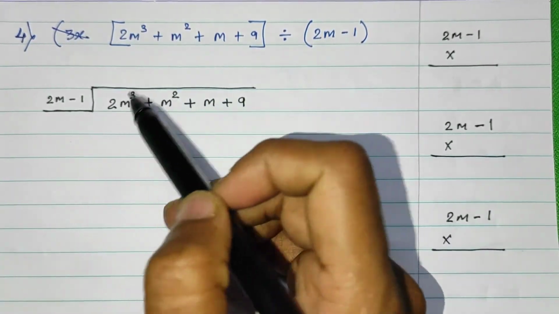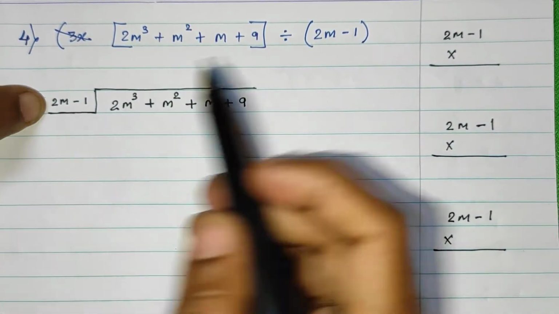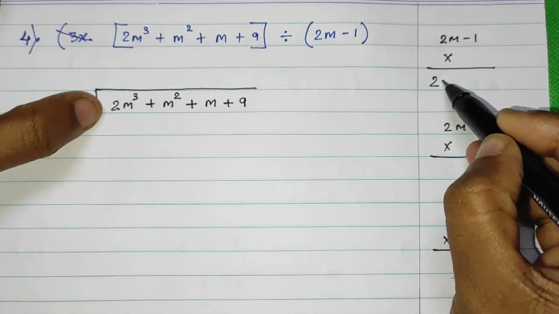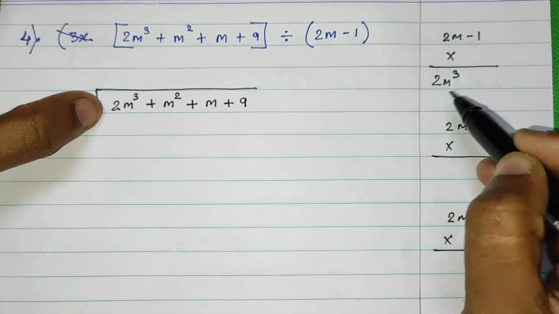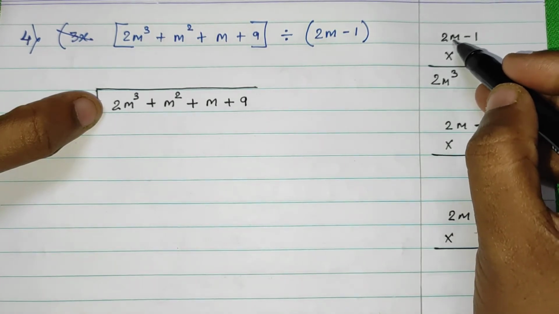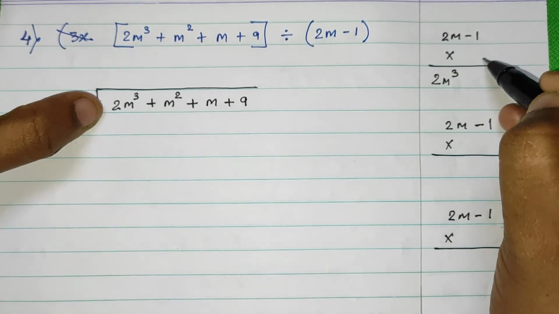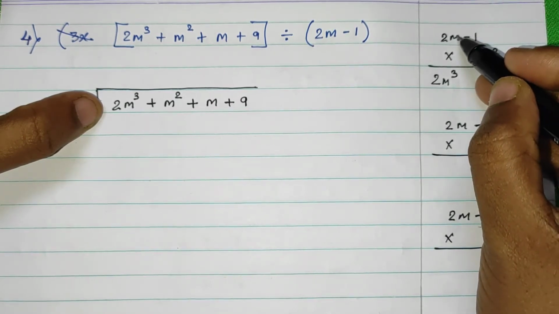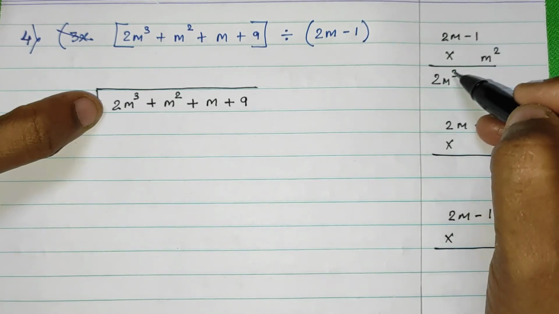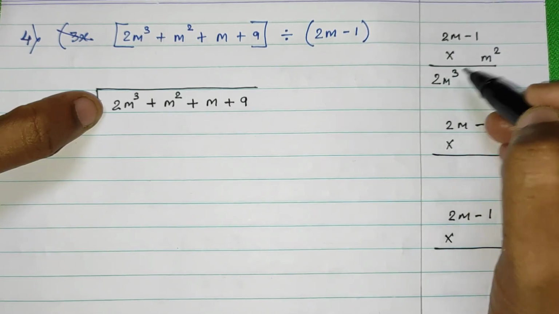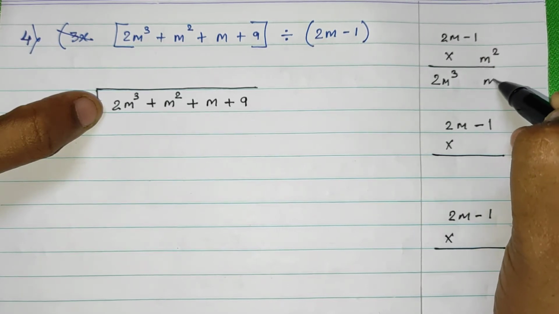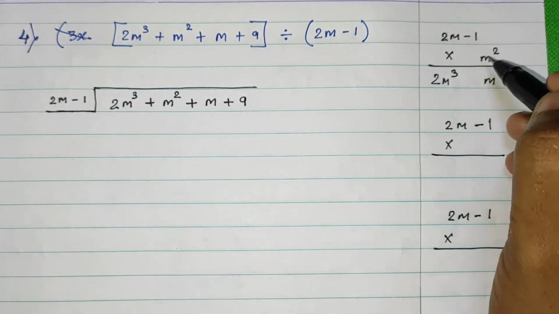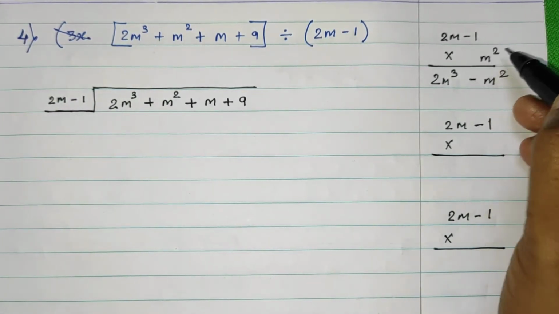Fourth sum. Okay, now see, take this divisor over here and your first dividend is 2m raised to cube. So, you need 2m, you have 2m, so more 2m you need. आपको 2m और चाहिए. So, m square into m is m cube, 1 2s are 2. And when you multiply this, it will be m square. ये m square 1 से multiply होगा, same आएगा. So, minus into plus, minus. So, that means